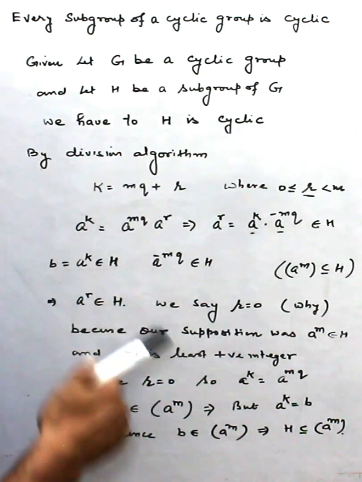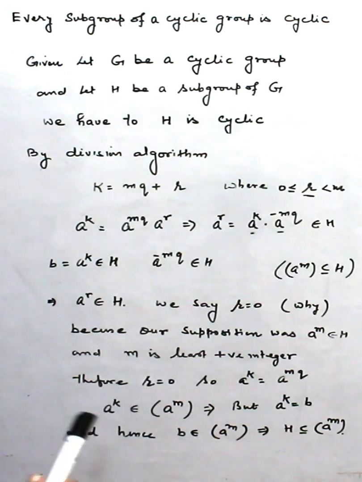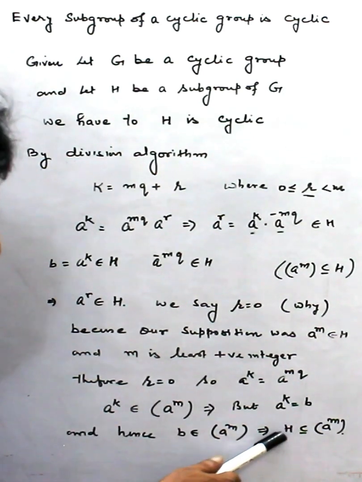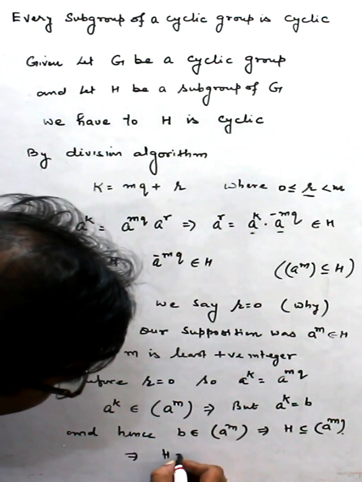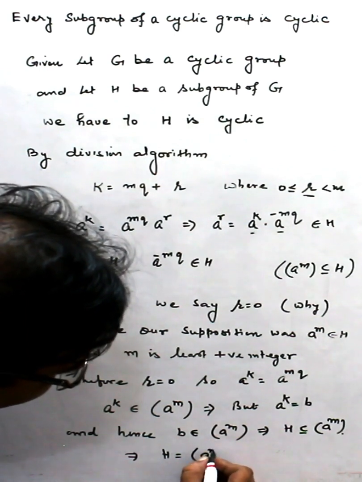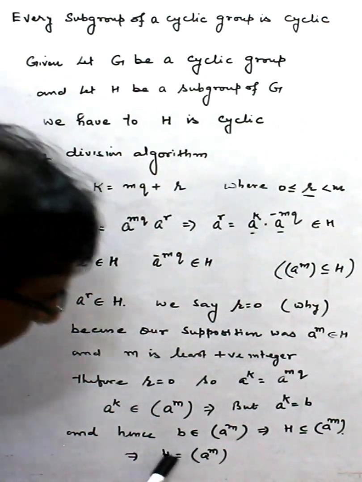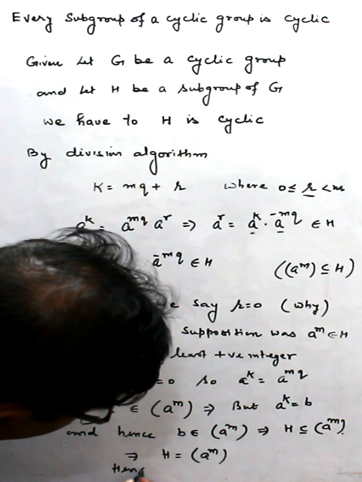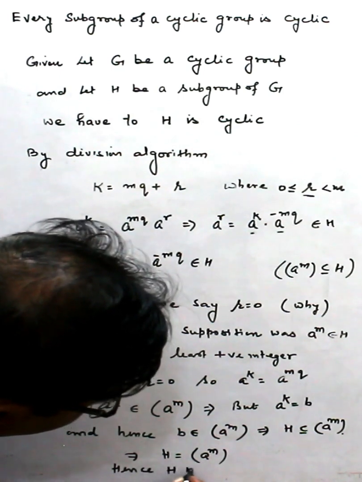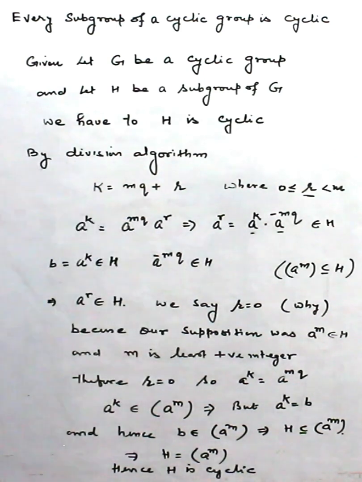Now, in the first part we showed that <a^m> is a subset of H, and here we showed H is a subset of <a^m>. This means H is equal to <a^m>. Hence, H is cyclic. So, this is the technique